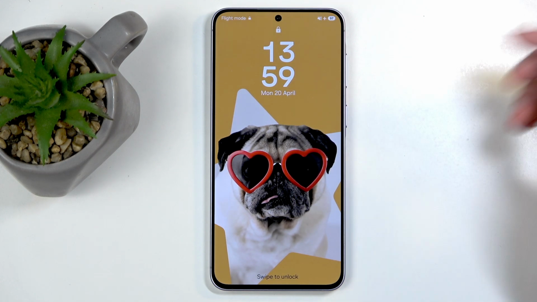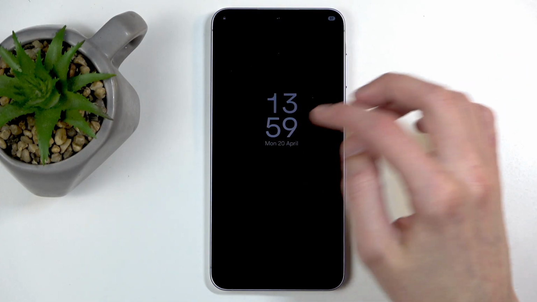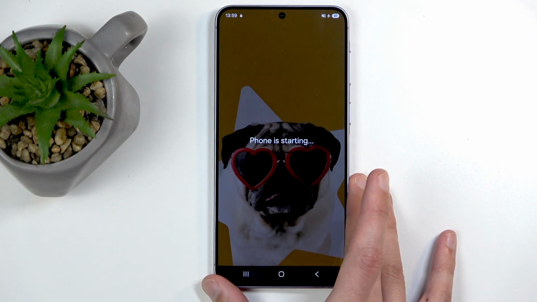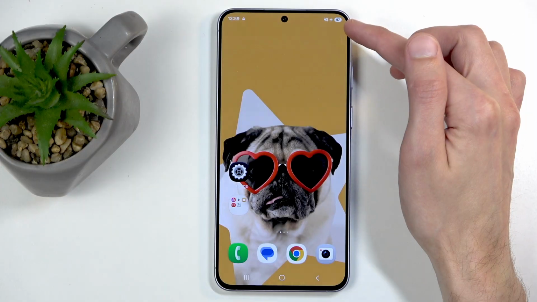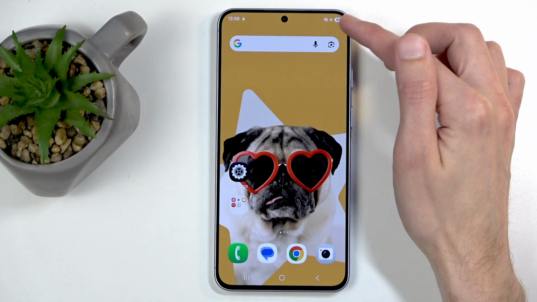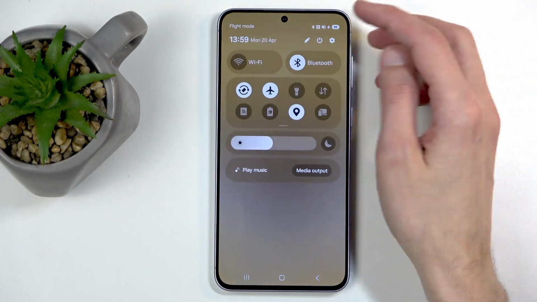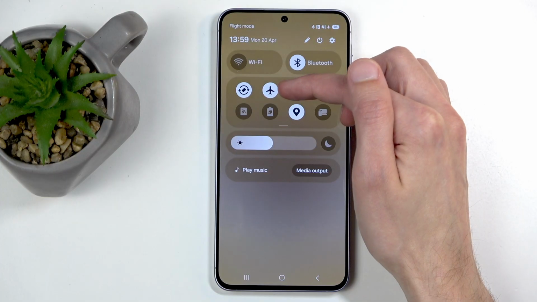Now, there's one last thing to keep in mind. When you boot back to the normal mode, entering safe mode automatically enables airplane mode, which once you get back to the normal mode is still on. So to turn it off, just swipe down from the top right side again, and then click on the airplane